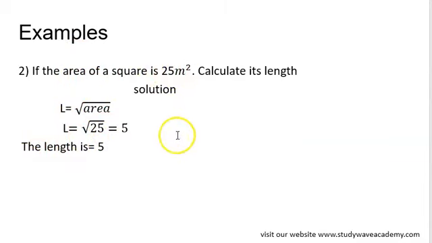I hope we understood, right? Here we were already given the area, we were to find the length. So to find the length, the formula is the square root of the area. Okay,